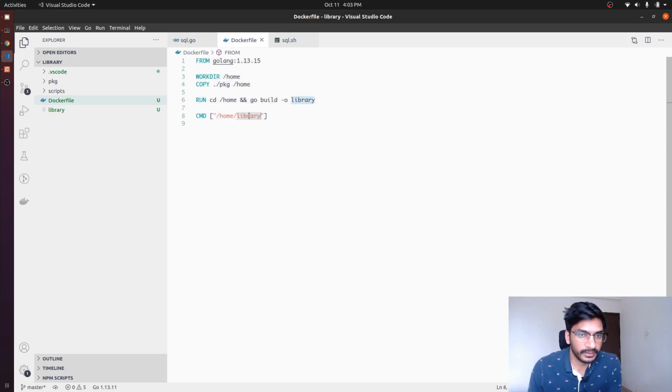Now this library application expects some environment variables as well, and we will have to specify those environment variables either from the Dockerfile itself or from the command line while running the Docker container. I am not doing that as of now. If we encounter some issues while getting this into Kubernetes, we can revisit this Dockerfile to change things.